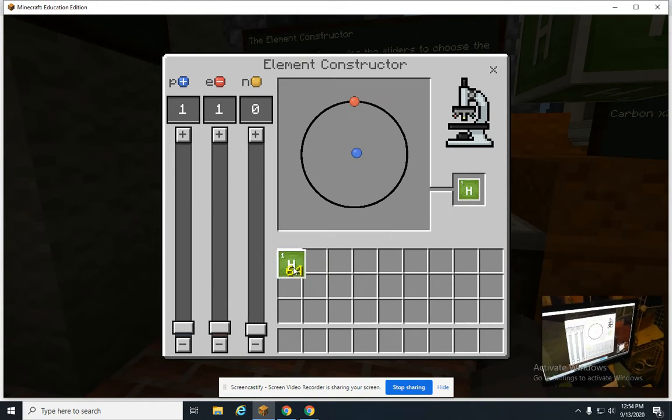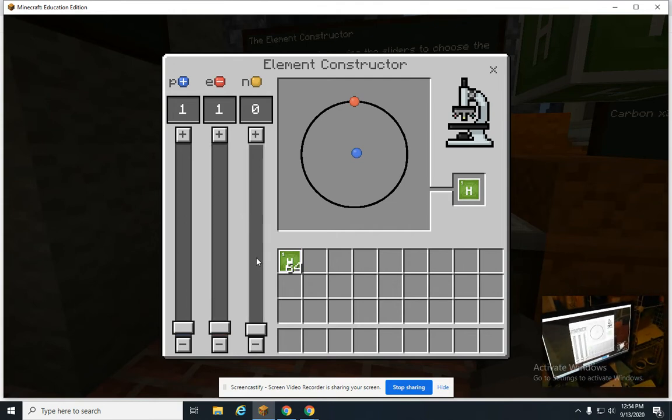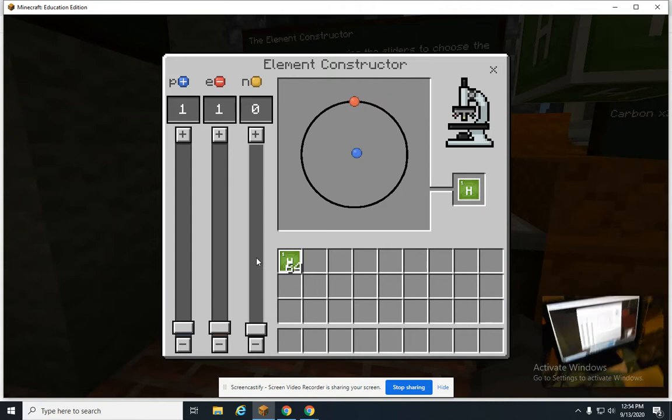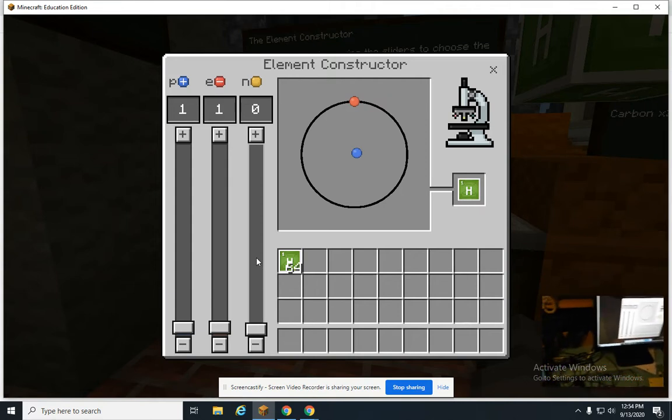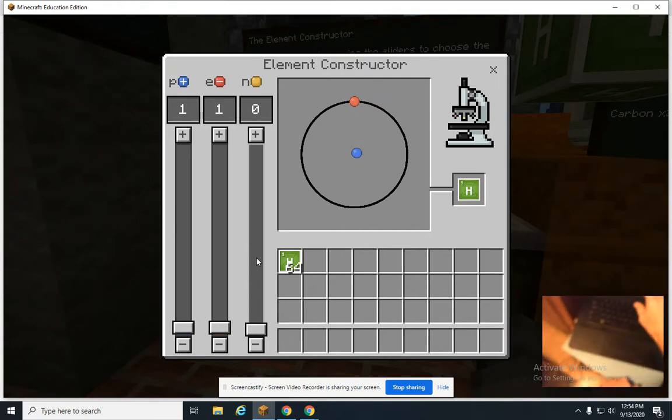Well, I might need a few, so I'm going to go ahead and place that in my inventory up here. And what else am I going to need? Well, if I want to make water, gee, that's oxygen. I don't know about oxygen. I know hydrogen was a very simple element, but oxygen I'm not quite sure about. So looking it up on my table,